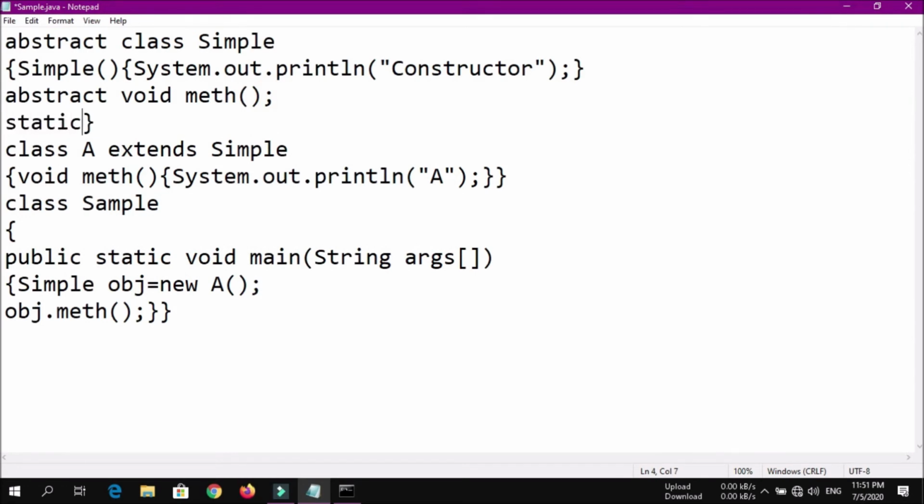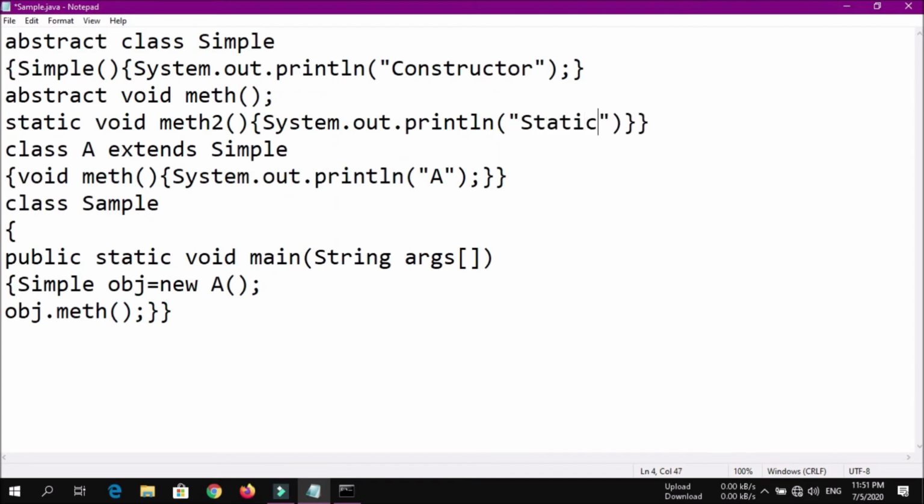To create a static method, you have to use the static keyword in front of the method name, and after that the return type of it and the name of the method. Now you can give certain code inside it. So I'm just writing a simple printing statement over here. So just write static, for better understanding,